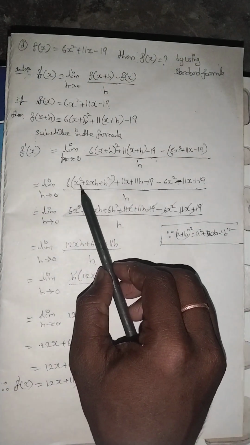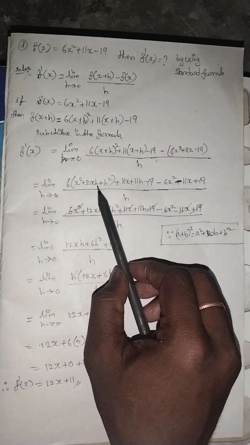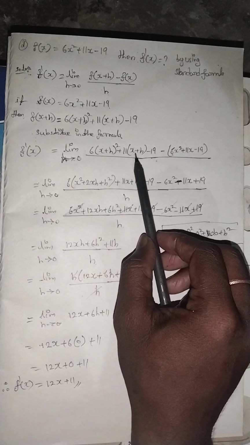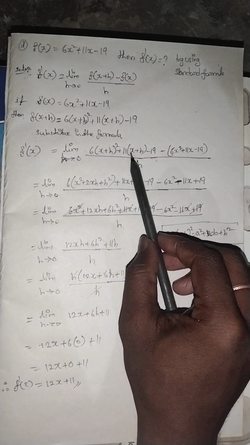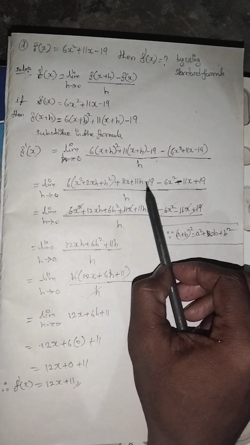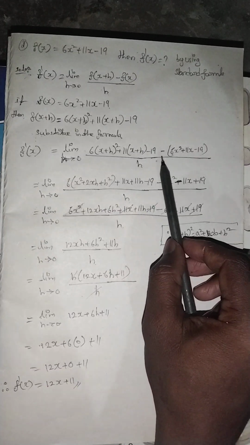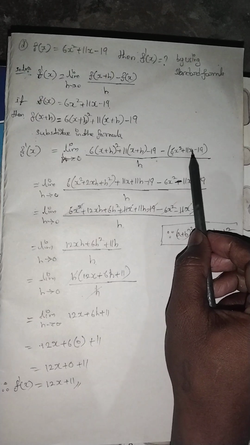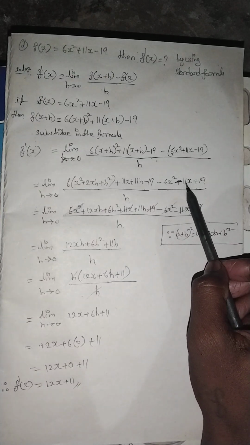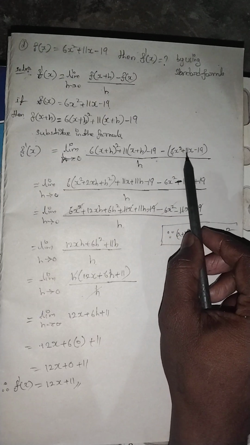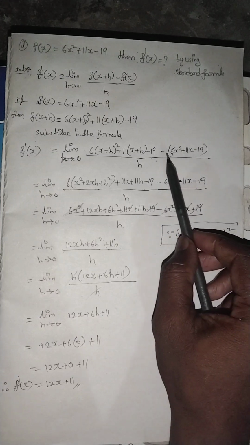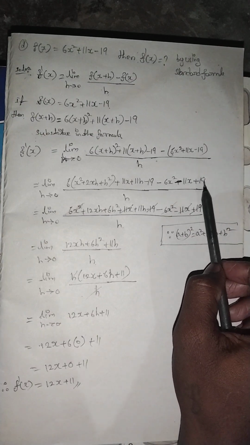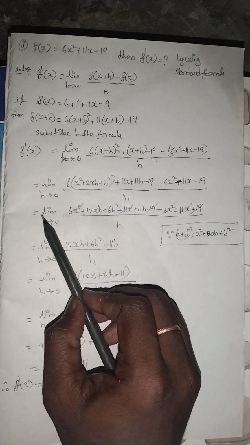Like this, x square plus 2hx plus h square, plus 11 into x, 11x, plus 11 into h, 11h, minus 19, minus 6x square, minus 11x, plus 19, by h